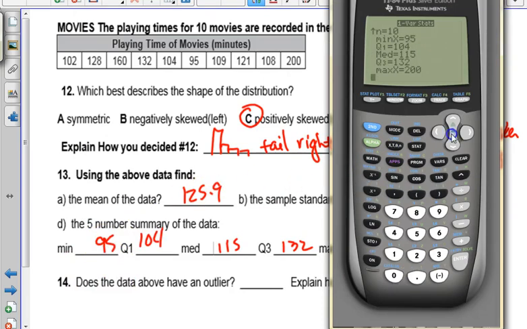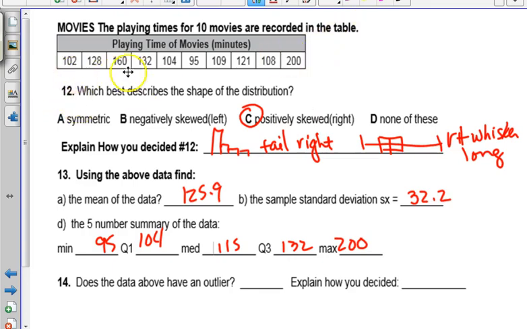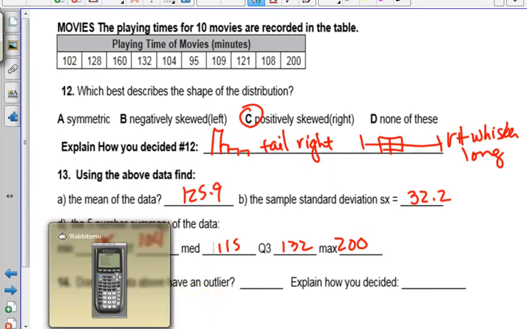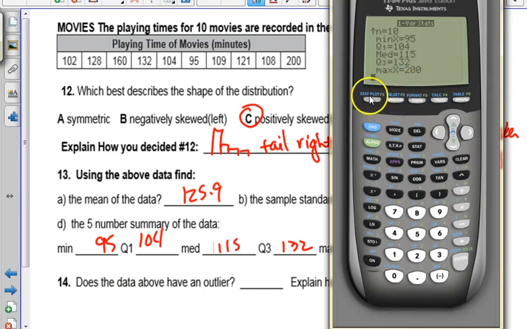Okay, does it have an outlier? How do you know? Well, if you don't know how to turn on the box and whisker plot, it would be harder to tell, and an explanation would be kind of complicated. You could honestly, with this set of data, they're all pretty close together except for that 200, right? So you could just say, yes, the 200 is an extreme value or very far away from the rest of the values or something. But it's also okay to say I turned on the box and whisker plot,